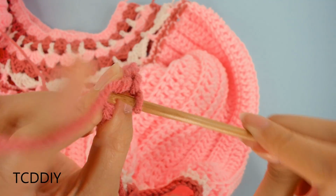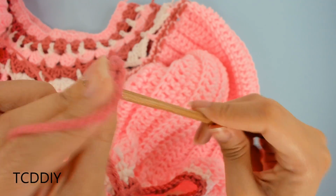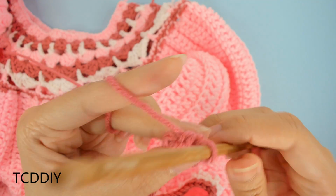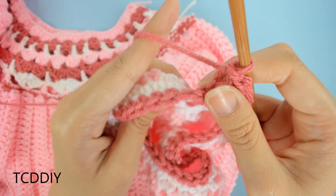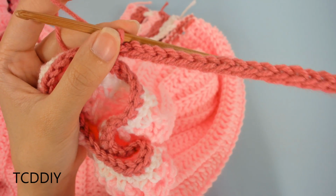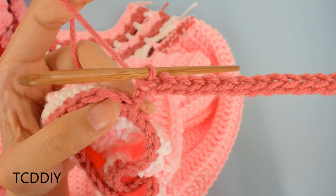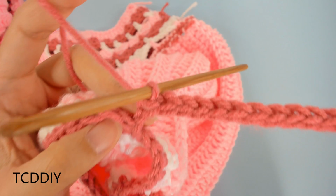Once we get to the base, we're going to connect it to the base with another slip stitch and then keep going from there. So I'll meet you guys back once we get there. This is our first row of slip stitches going down the chain that we just made. And we are finally at the base, and we're going to connect it with a slip stitch, kind of like